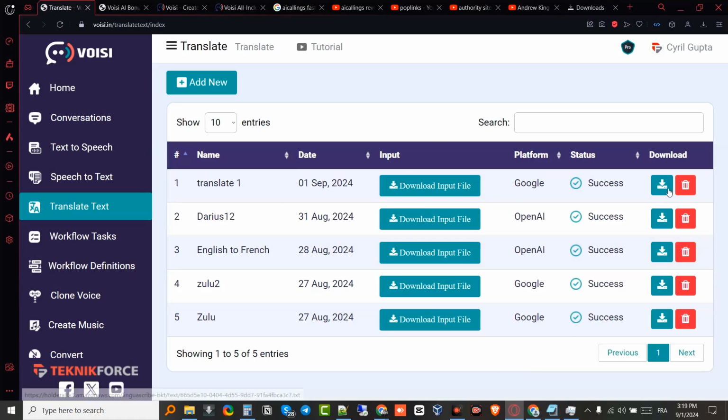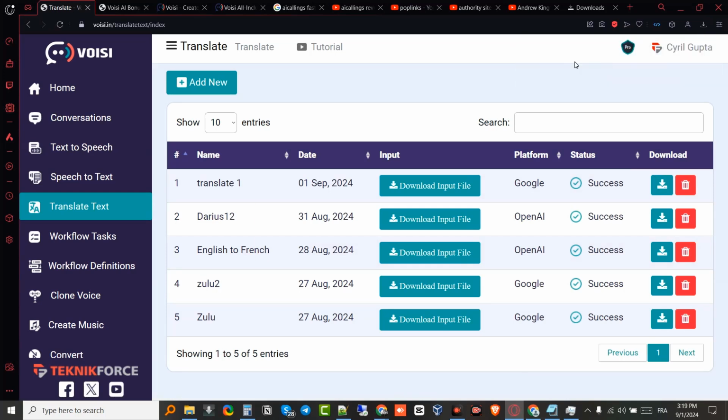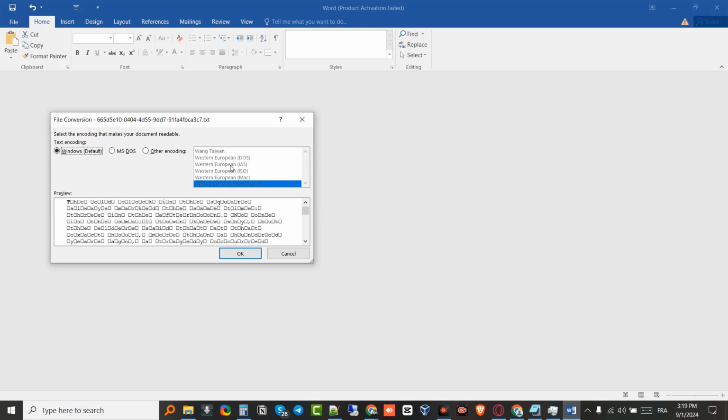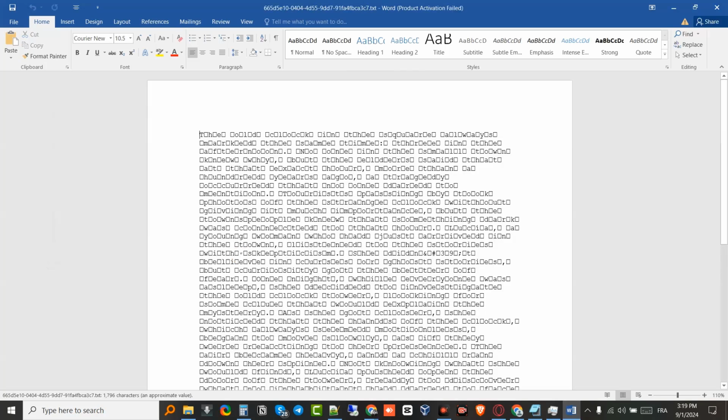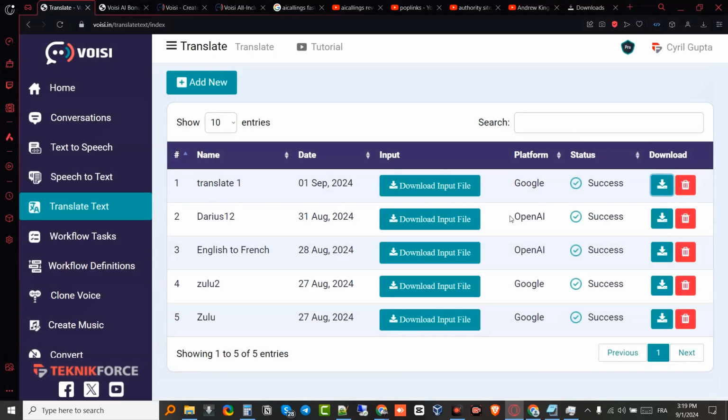So translate number 1. Let's download the output folder. Let's open it up quickly. I'm not sure why it's displaying in this way, but it should work. Maybe I need to open it up in Notepad.